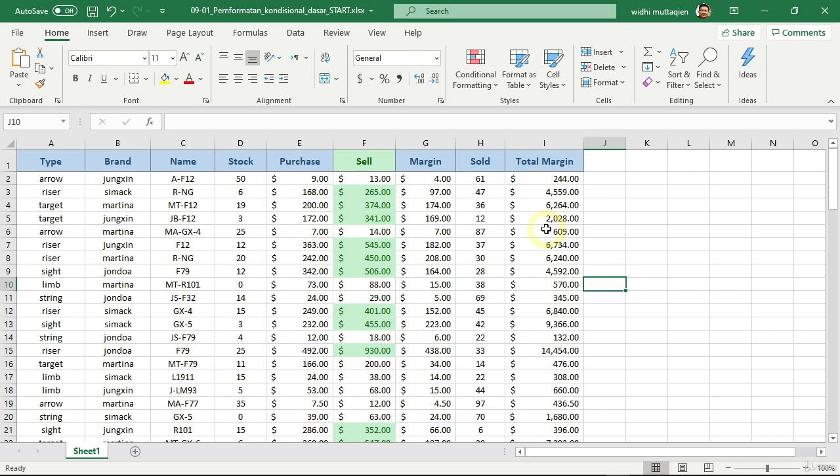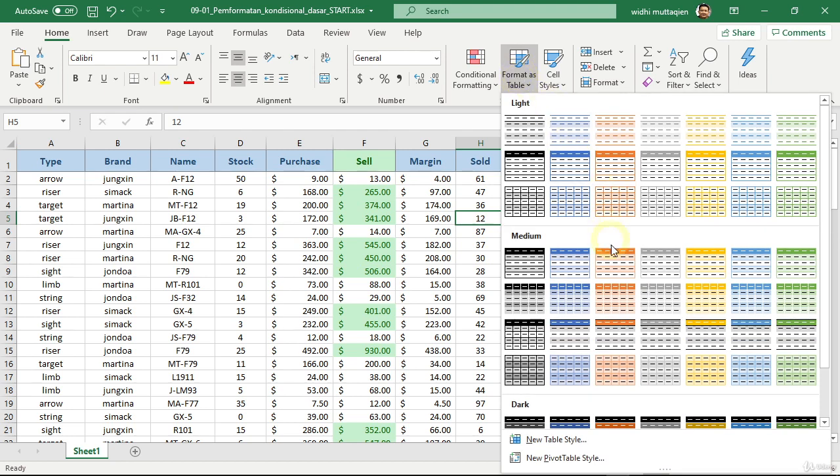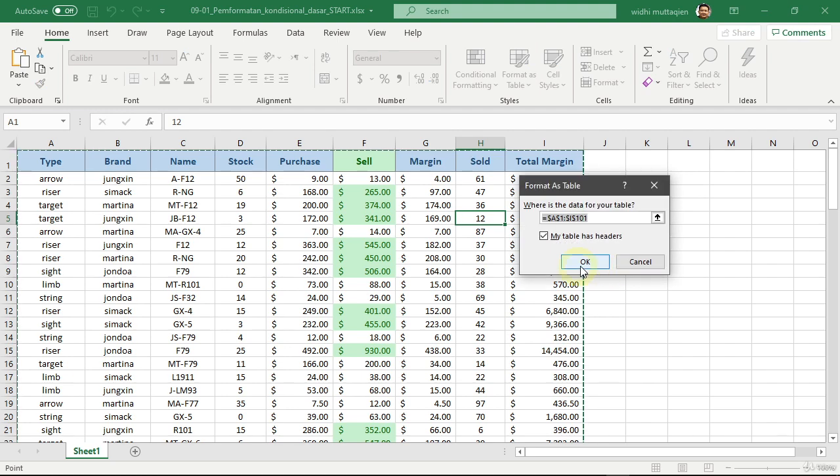What we want to highlight now is how the overlapping styles will affect the cells. Just for example, currently, we have a custom style of light blue fill color and dark blue text color in a header above. If we change this table data into an Excel table, then choose this striped orange table style, for example, then click OK.